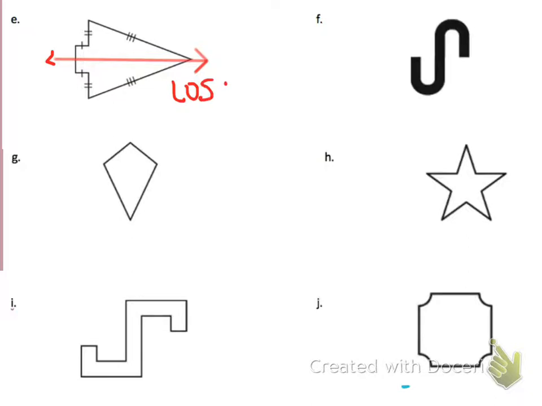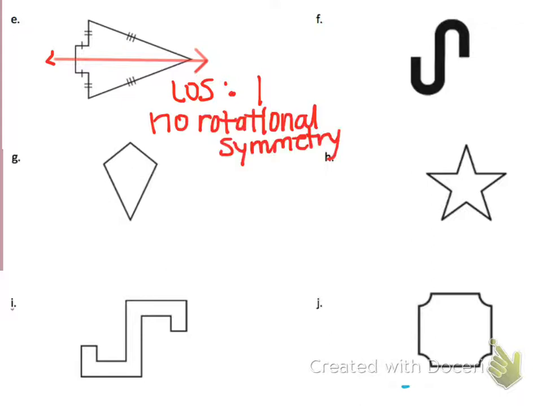And if you imagine turning the figure around, it's not going to map onto itself until it gets all the way around. So if that's the case, anything would map onto itself if you rotated it 360 degrees. So it has no rotational symmetry. So we see that there can be one line of symmetry and have no rotational symmetry,